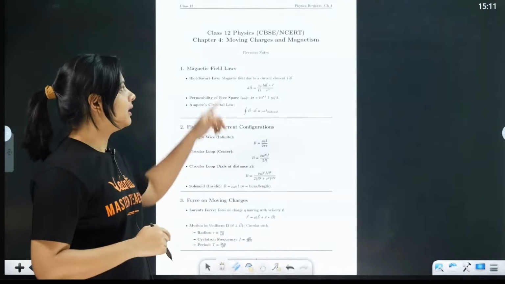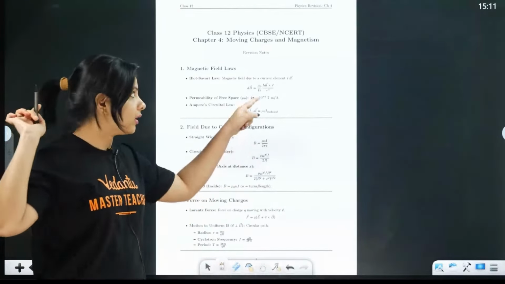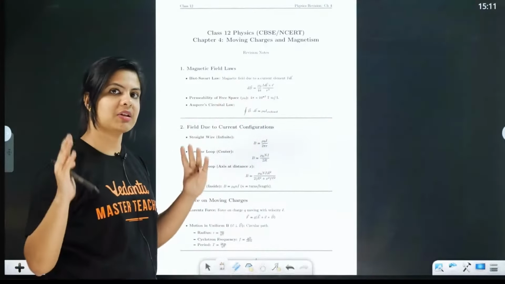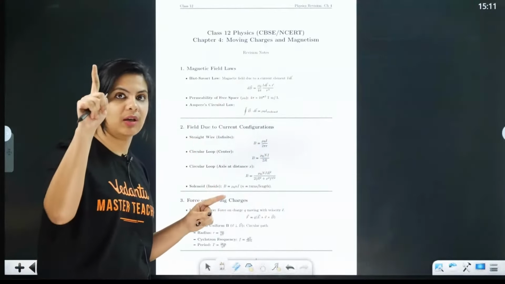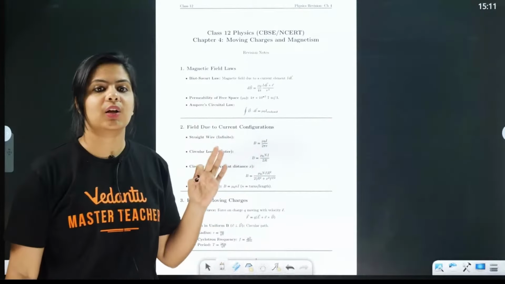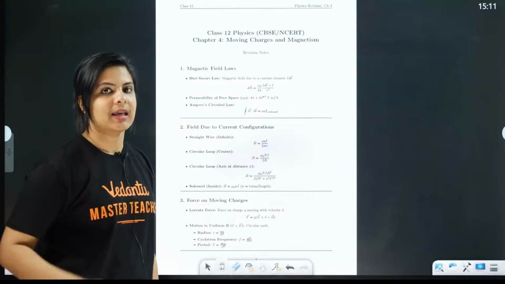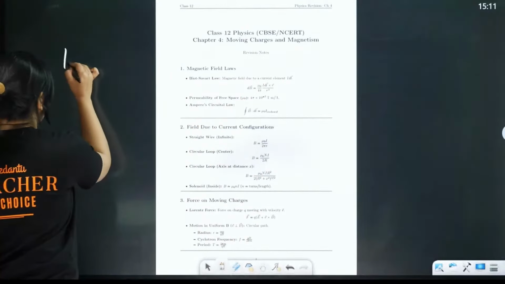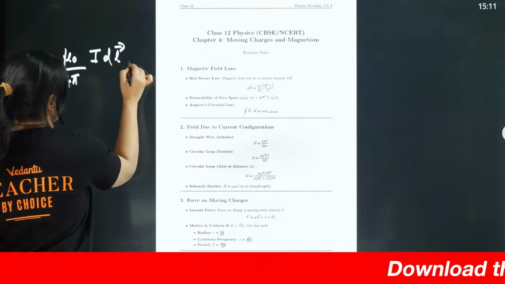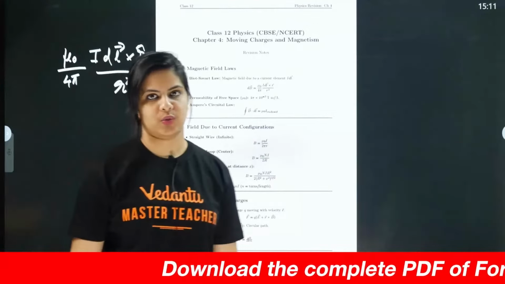And dB is mu 0 by 4 pi. Wherever we have written 1 by 4 pi epsilon naught there, here we will be writing mu 0 by 4 pi. Understood? So you can just compare all the equations and study these two chapters together in a single stretch. So mu 0 by 4 pi IDL cross R vector divided by R cap. If you are writing it as mu 0 by 4 pi IDL cross R cap, in the denominator what will come? R square.